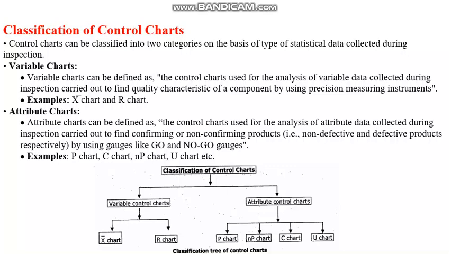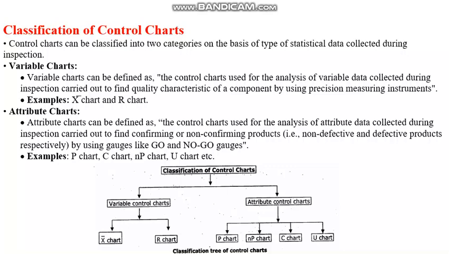For such things, the charts used are called variable charts. These are the X bar chart, this is one chart, then the R chart is another chart. These two charts are used for variables. Now attribute charts. Attribute charts can be defined as control charts used for analysis of attribute data collected